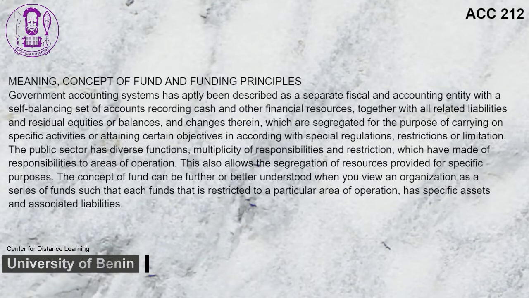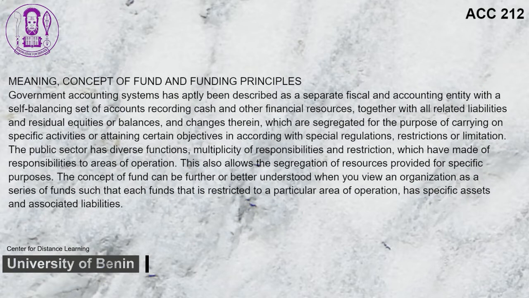Meaning, concept of fund and funding principles. Government accounting systems has aptly been described as a separate fiscal and accounting entity with a self-balancing set of accounts recording cash and other financial resources, together with all related liabilities and residual equities or balances, and changes therein, which are segregated for the purpose of carrying on specific activities or attaining certain objectives in accordance with special regulations, restrictions